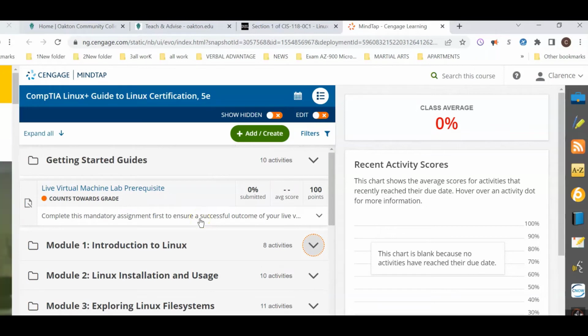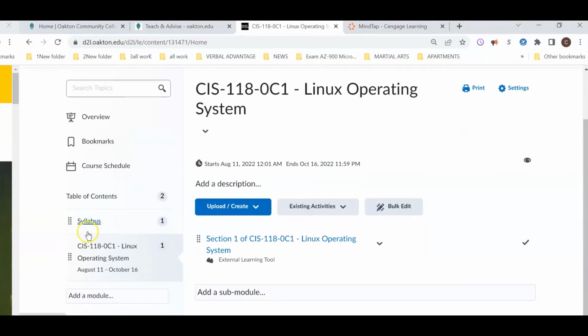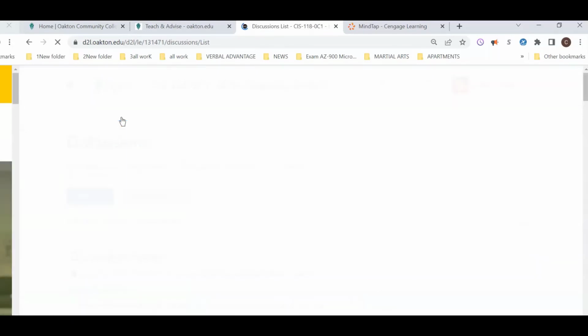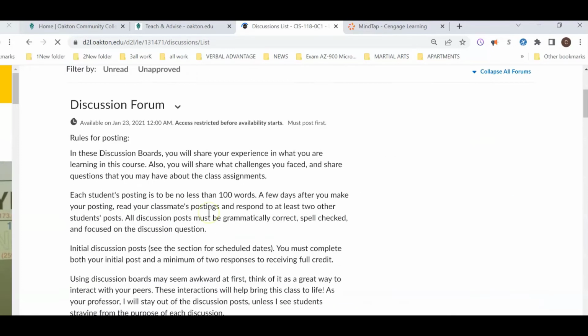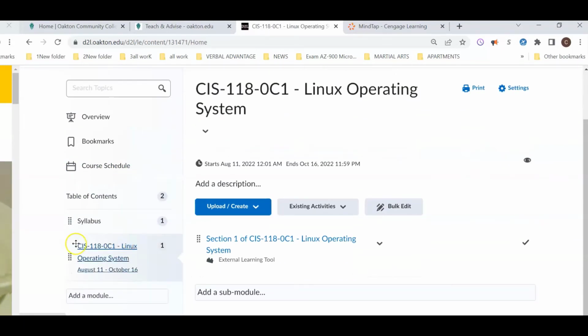Now I just wanted to give you this brief introduction. So what's the takeaway here? 1, you had to go into your D2L portal, sign into your D2L portal. 2, you had to click on content to see the material. 3, you want to go over your syllabus before you start. 4, you want to do your discussion question because that's of primary importance to get you going right for the week. 5, then you want to do your course material and you just click on a link which will give you another link where you can go into the actual course.